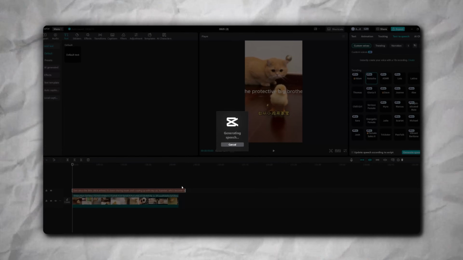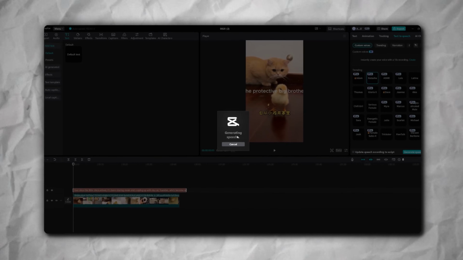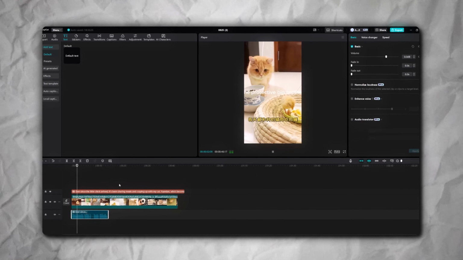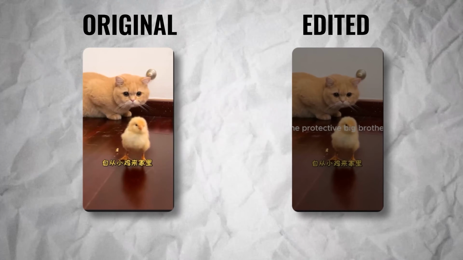Once you have that updated script, use CapCut's text to speech and have it read it out, or read it yourself. And the reason I like using this concept so much is because it is an already proven viral video in another language, and you're just making it understandable for English. After about 5 minutes, we went from this to